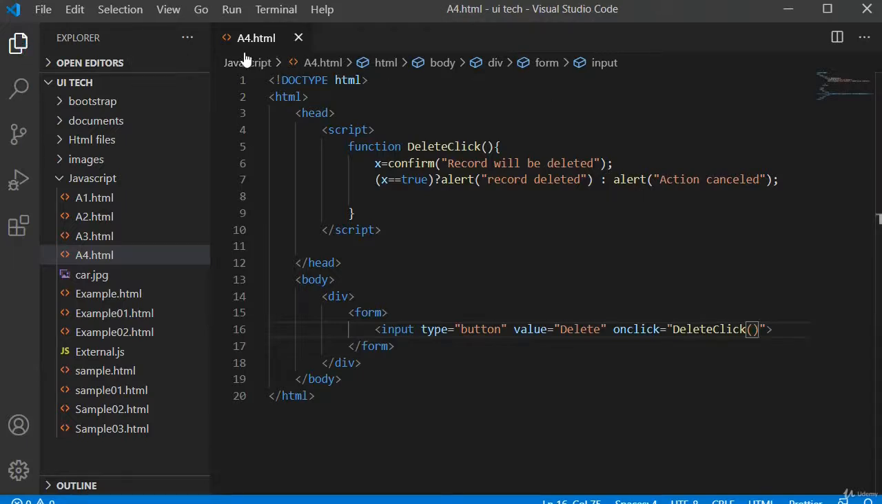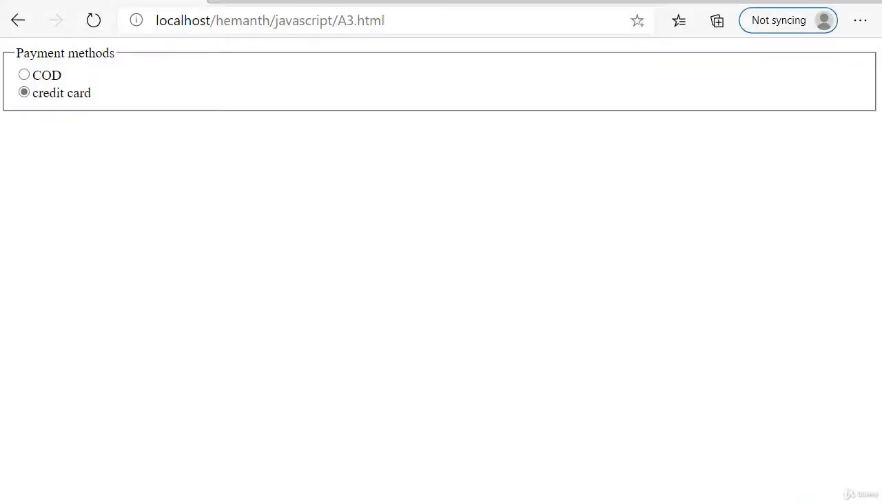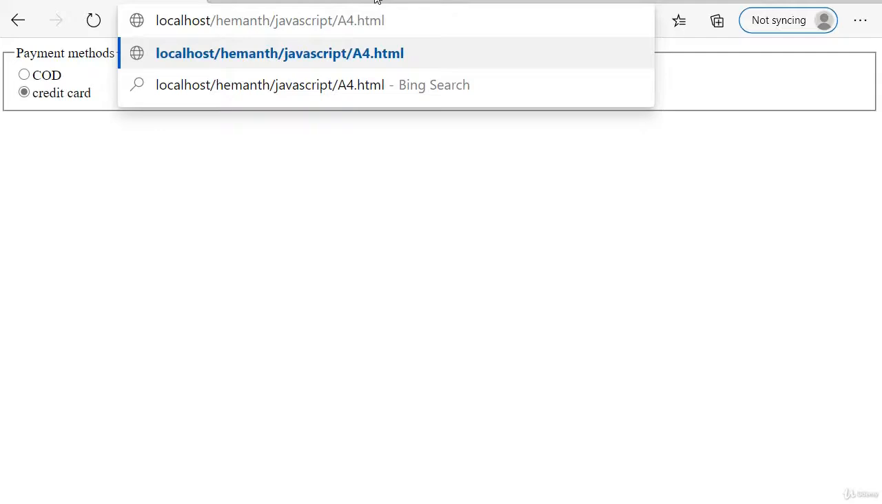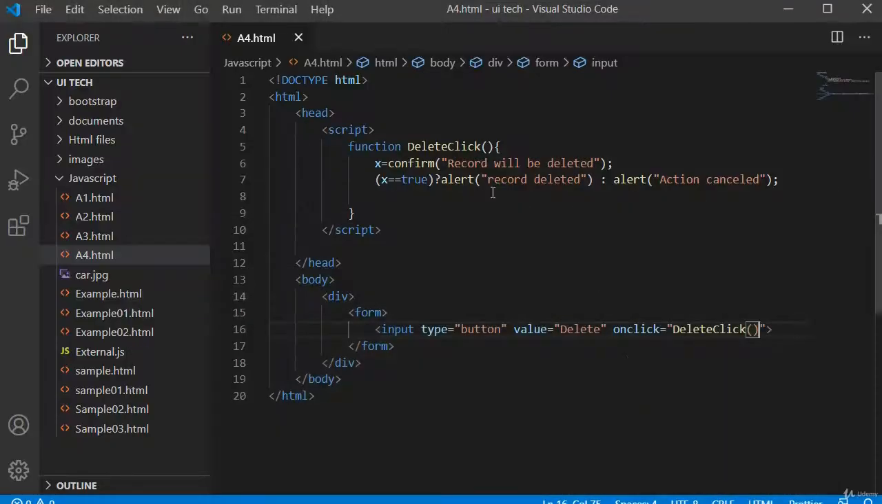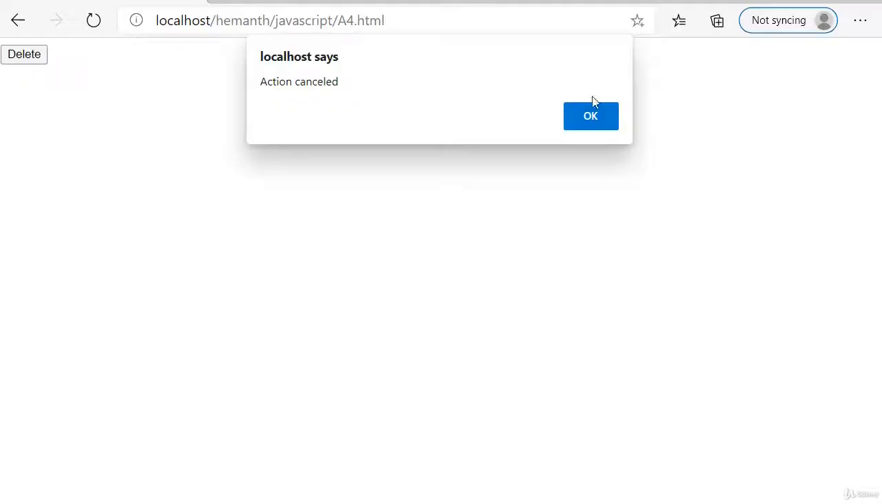Our HTML page name is a4.html. Go to browser. Click enter. We have delete button. Just click on it, delete button. It is showing record will be deleted. Record will be deleted we have written in our confirm function. When I click on OK,